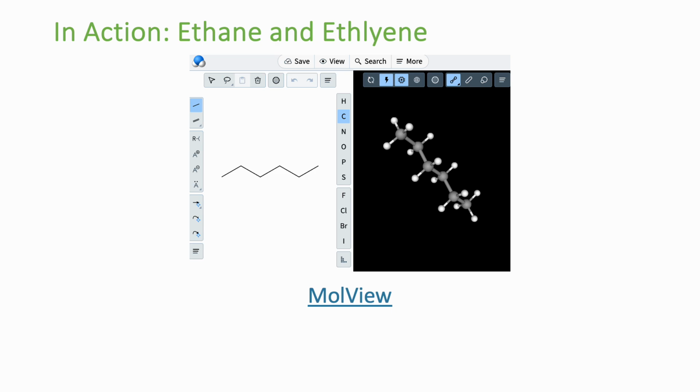So here is the simulation we used earlier. What you can do is open it up again, type in ethylene, type in ethane, start looking at them, thinking about those bond angles, comparing our diagrams from our slides and chapter notes to those compounds that you're seeing show up. In the interest of time, I will give that to you as something to do on your own and to explore. It is linked here. And of course, let me know if you have any questions about